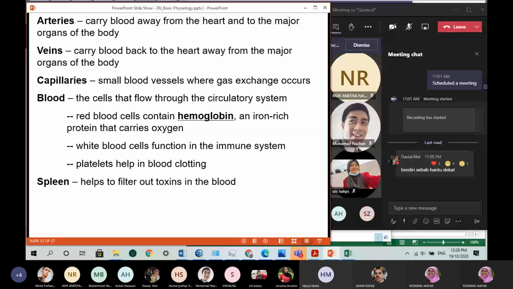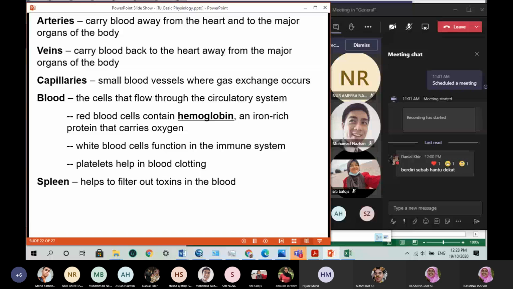White blood cells function for the immune system to protect the body. And platelets are a component in the blood to help prevent loss of blood during a cut. Your platelets will arrive at the site of injury and cause blood to clot. So that when clotting occurs, it will block the blood from flowing outside of the body because you need to maintain the blood volume.